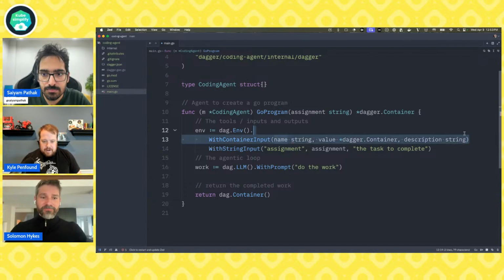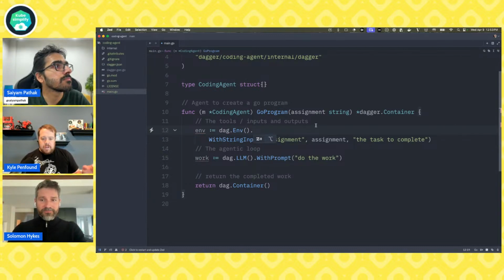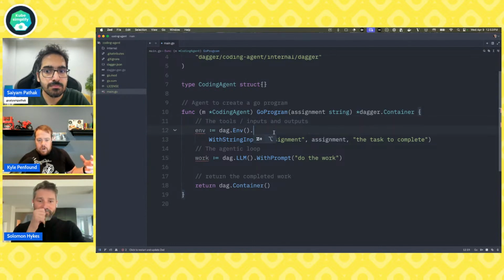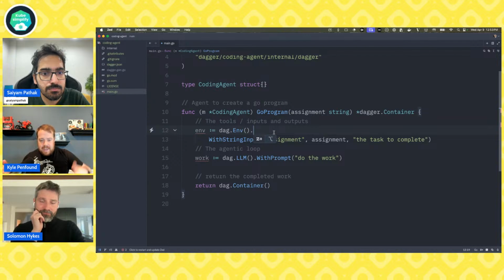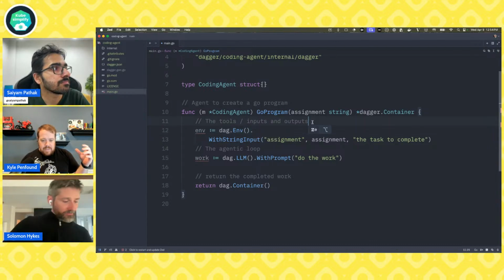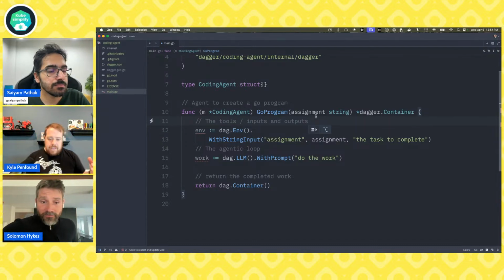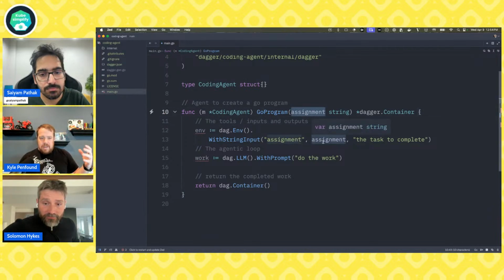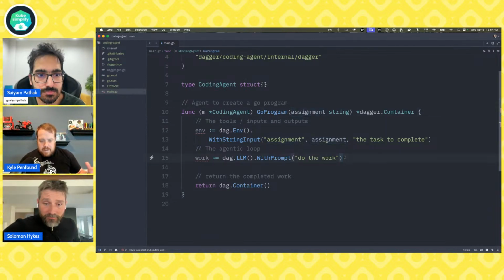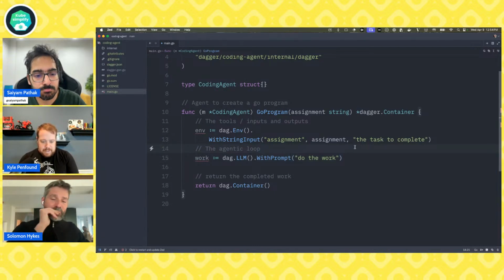So let's forget about containers here. Let's create our own Dagger module that's going to be this environment or this sandbox with the tools in it to complete the assignment. Going back to the earlier analogy, this is like giving it a place with the hammer and nails and pieces of wood, but not the whole hardware store and not a birdhouse kit. This is open-ended enough that anything we give as the assignment should be completable, but not so open-ended that it's going to get lost every time. So anyway, let's move on with this.